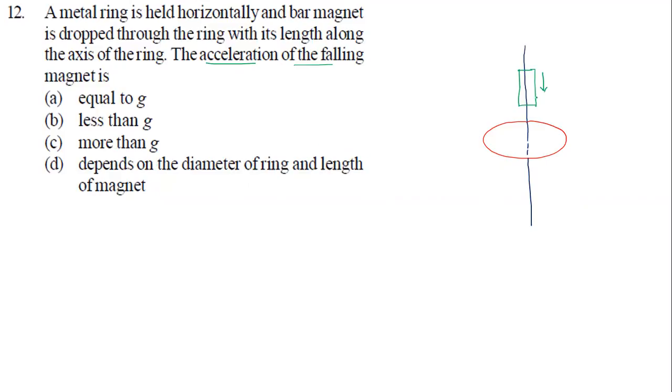Now look here. If it is a north pole, as it starts moving towards the ring, what will happen? As the flux linked with this coil keeps increasing, there is an induced EMF and an induced current. This induced current will try to oppose the motion as per Lenz's law. So although it is falling initially freely, there is now an opposing force. As you look from the upper surface, this ring acts like a north pole. What will happen? It will start repelling. So it is going to fall with acceleration less than g.